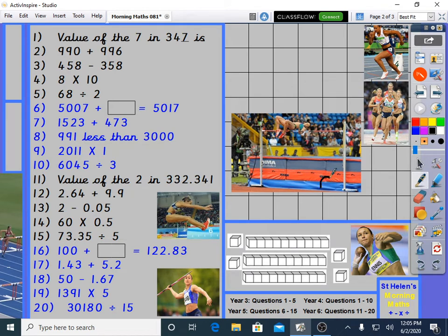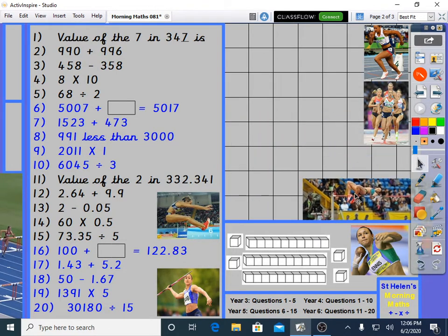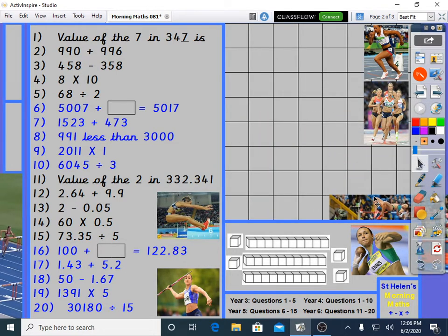So if she was perhaps standing here, I'm going to have to stretch her head a bit. She may say she was about that tall. There she is, just standing about that tall. She can jump over her own height by 30 centimetres. Right, that was high jump. Let's see what's next. Question 15 is